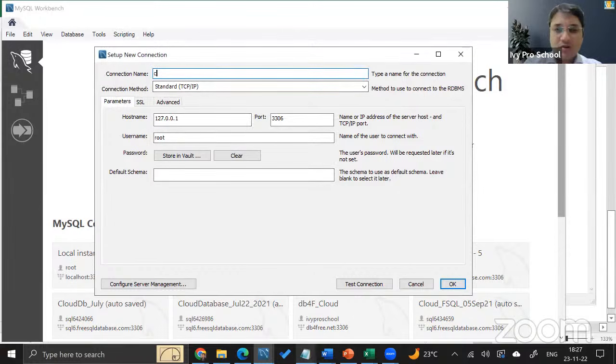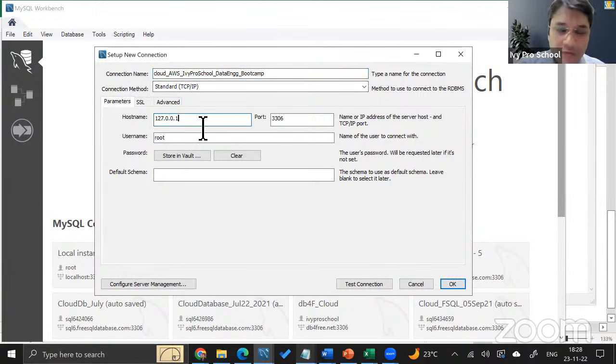Since we are connecting to a cloud one, I'll write cloud, AWS, and let's say IvyProSchool, something, you can write anything. Of course, you will not write such a big name. Let the connection method be TCP/IP, which is the connection method with which we connect to any website using the internet.